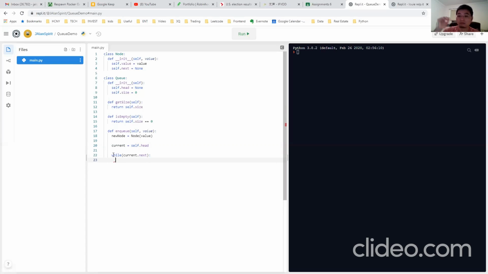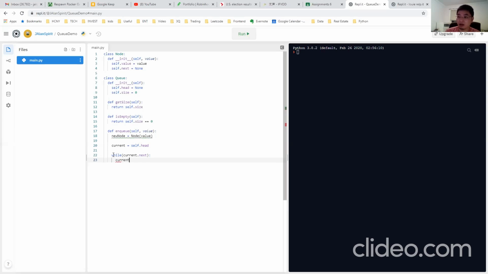If you set a while something, a compare condition can be of different types. The easiest to understand is like while a equals 1, you just compare whether a equals 1. But here, if you put a while something, it is checking if the something is None or not. The while keeps looping if it is not None, and when it becomes None, it stops. When current.next is None, the current is pointing to the last one, correct?